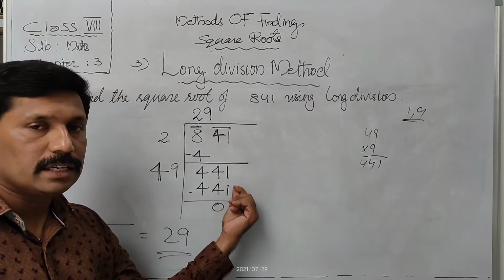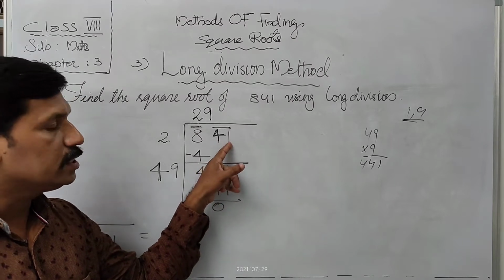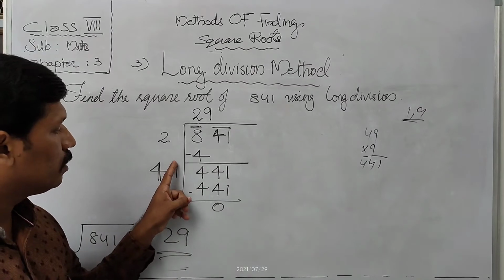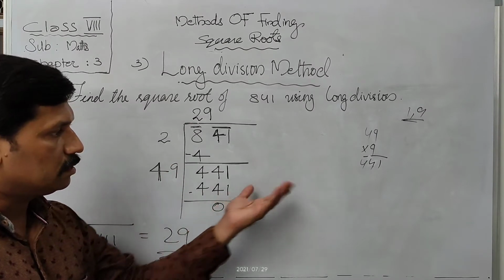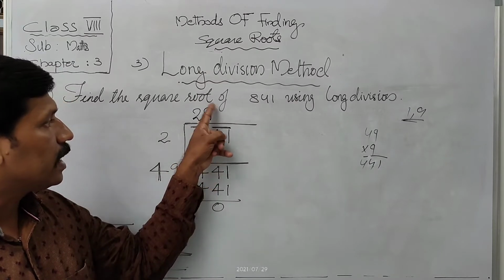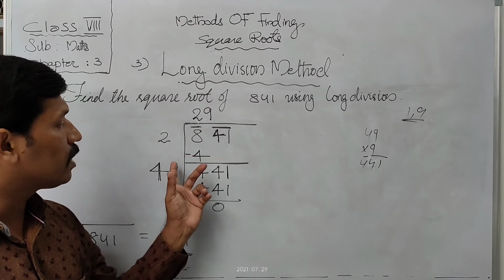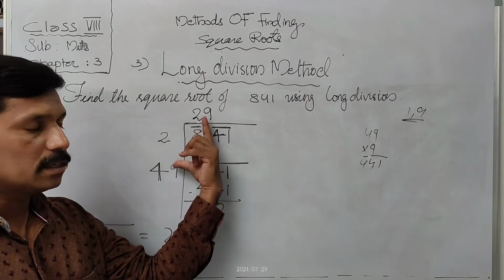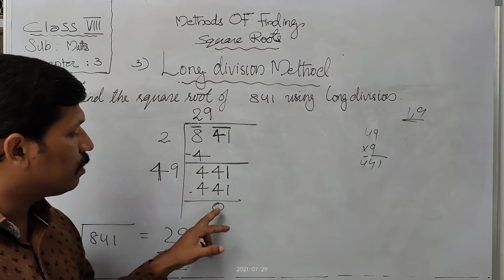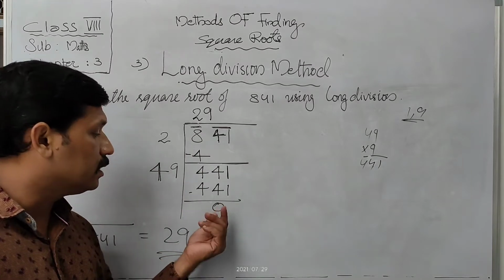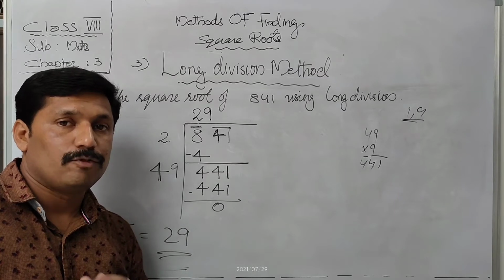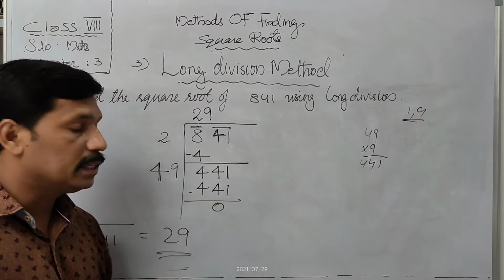As the last digit is 1, in last group we can see the unit digit property. So as the last digit is 1, there are two options, 1 or 9. So we checked with 1, but that is not the number, so it will be 9. So we wrote that 9 here and the 9 in the quotient part also. Don't forget to write this number in both places, otherwise the answer will be wrong. So we wrote 9 here, and then with the 9 and 49 we multiplied, we got 441, and the remainder becomes 0. So this is the way of finding square root by long division method.